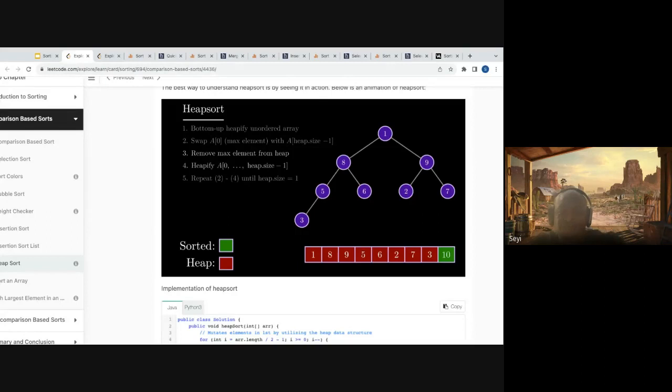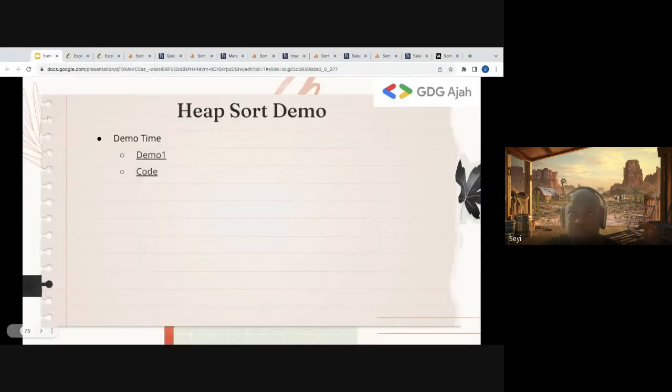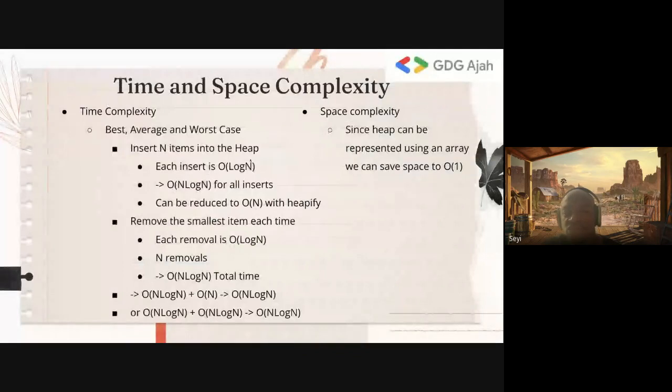So that's essentially how heap sort works. If you understand how heapify works, and understand how to insert into a heap, then you should be able to understand heap sort easily. But one way to think about it, if it's a bit too hard to grasp, is that you're essentially dumping all the elements in the heap and removing them from the heap. That's the easiest way to think about it. Once you can think about it that way, you can work backwards from there. So again, it's n log n total time because it's n log n to insert everything and n log n to remove everything.